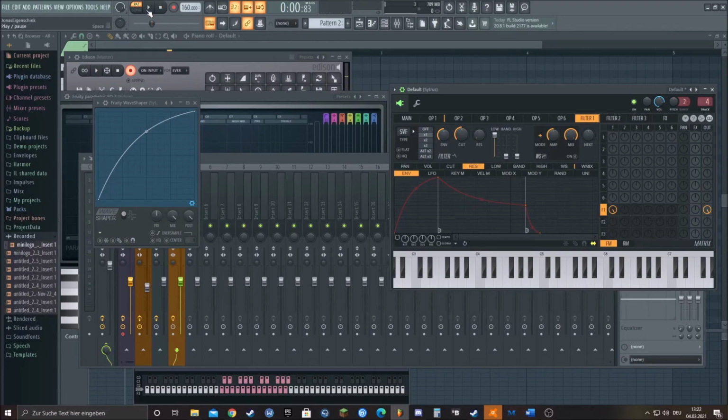So just that already sounds muddy, and we don't want it. So just put the cutoff up. That's nicer. And then we have an envelope here again, as you can see, env. And we want a cutoff envelope, which we are going to basically shape like the other two. We have a volume envelope now, we have a pitch envelope, and we have a cutoff envelope. And all three are basically shaped the same way. But the cutoff envelope has to be a little bit heavier than the volume, because otherwise we can't get rid of the